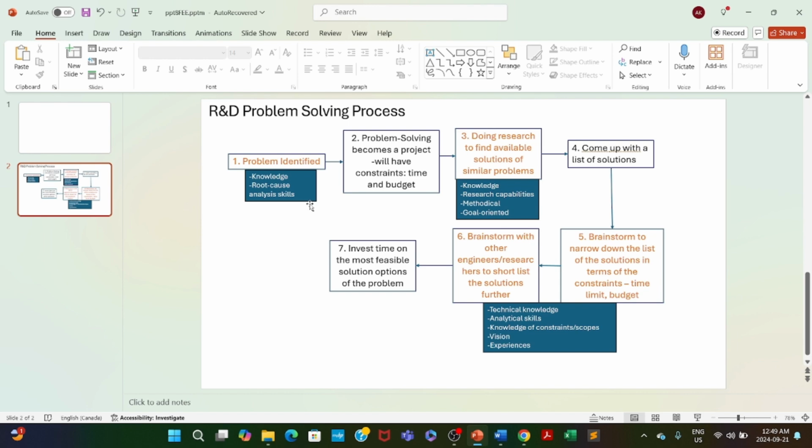We have to follow a certain track to reach our goal, and that's what being goal oriented comes along with. And then it's also important to successfully brainstorm to narrow down the list of solutions, considering all the constraints. And also, we need experience from experienced researchers or engineers who can provide feedback